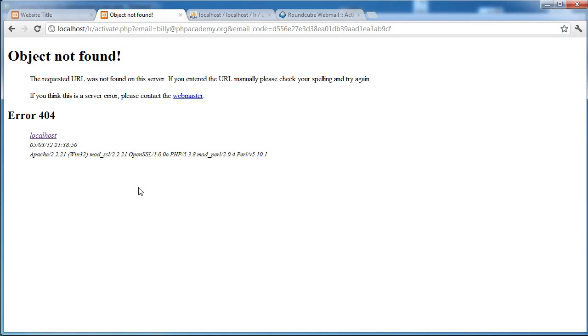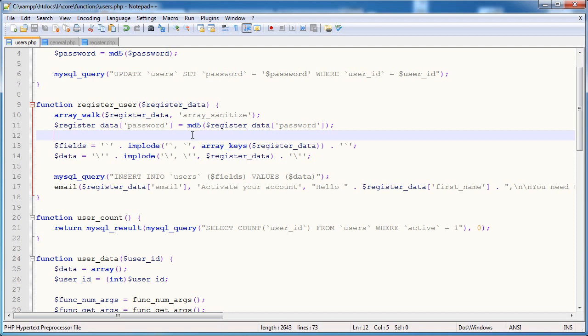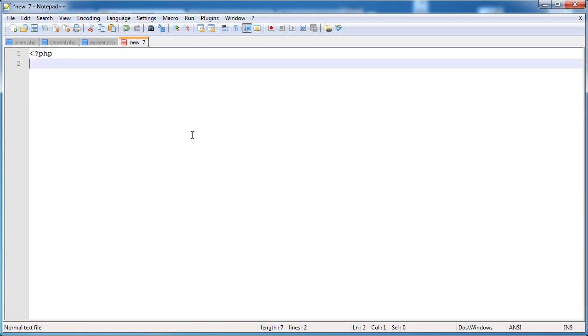Okay, so now that we have successfully sent the email to the user, we need to create this activate.php page, which is going to take in the email address that you can currently see in the URL bar and the unique code that's been assigned to that user in order to match their data up and activate their account. The activate.php file that we're going to be creating is not very complicated, so let's go ahead and just